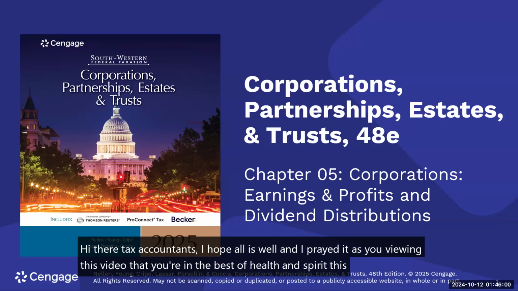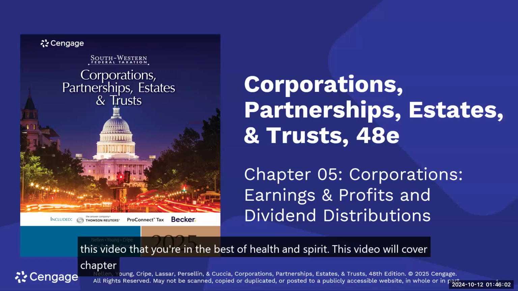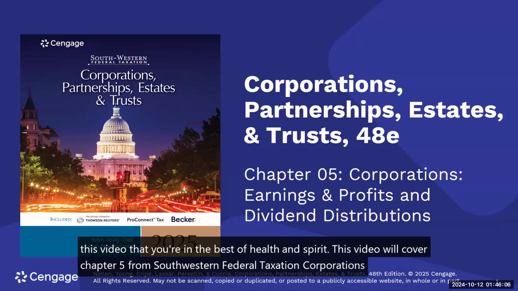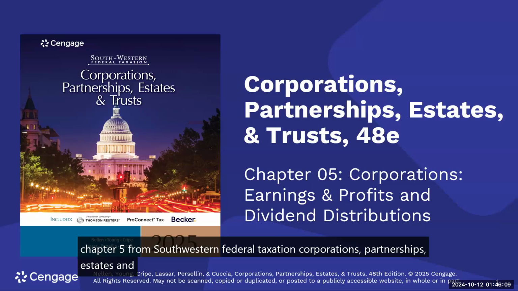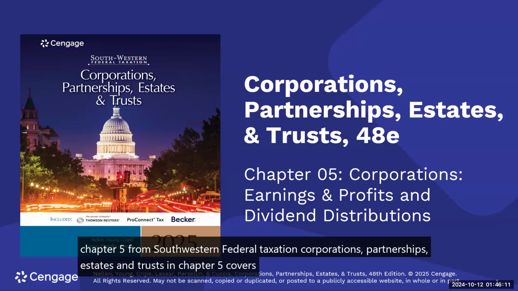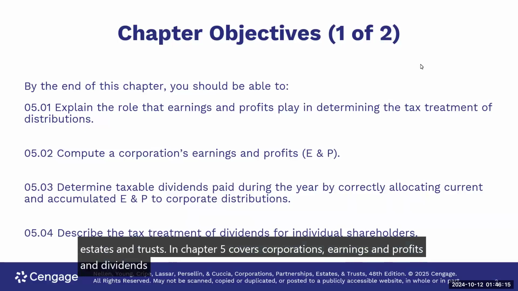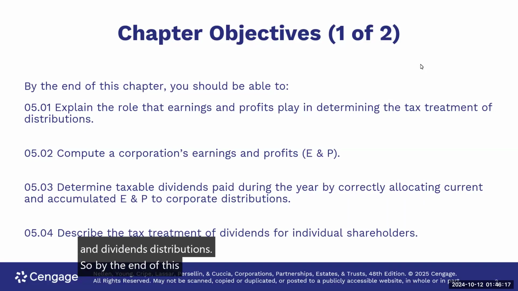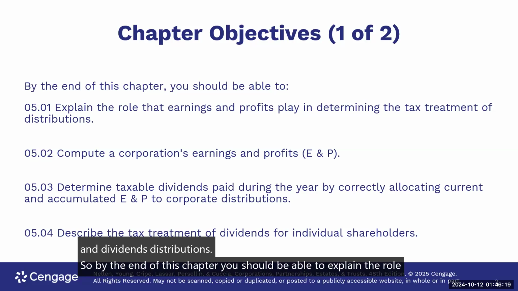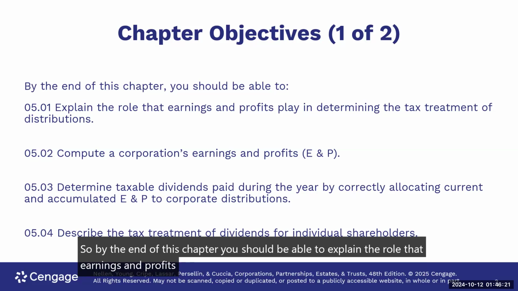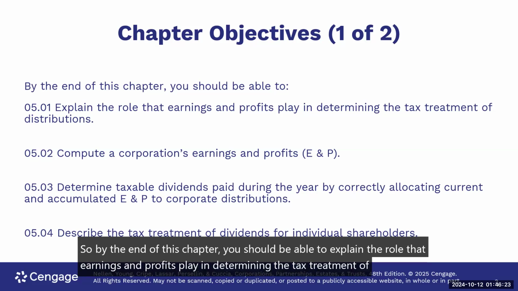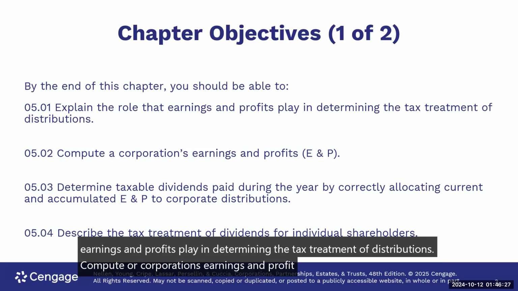This video will cover Chapter 5 from Southwestern Federal Taxation, Corporations, Partnerships, Estates, and Trusts. And Chapter 5 covers corporations, earnings and profits, and dividend distributions. By the end of this chapter, you should be able to explain the role that earnings and profits play in determining the tax treatment of distributions, compute a corporation's earnings and profits, often referred to as E&P, determine taxable